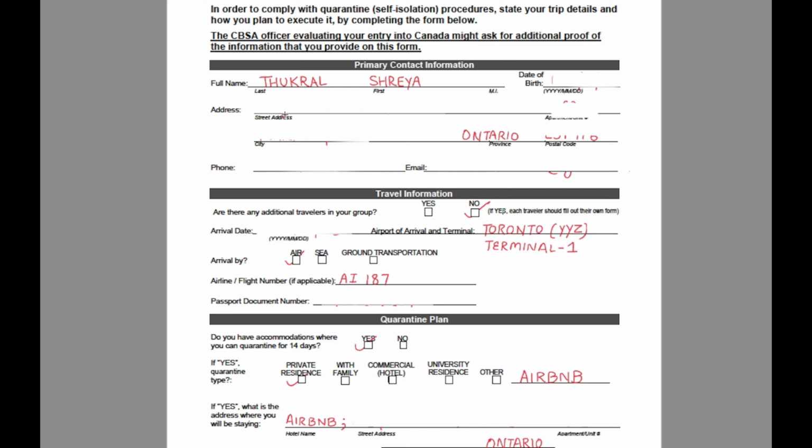You can enter the address where you'll be in quarantine. So she entered the place where she did her quarantine. She basically booked a B&B, which was really useful and very convenient near the airport. So she entered the address of the quarantine over here. Here she entered the apartment number and then the city, for example, Toronto, Markham, North York, or wherever, or in any other province. Then you need to enter your province over here, and the postal code.